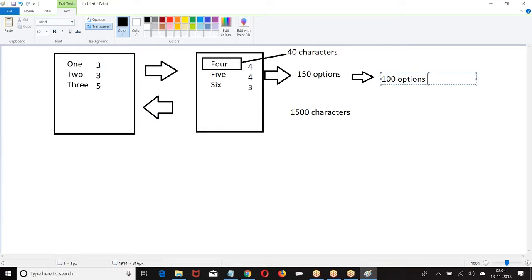What is the length of each option? 40. All the options together 1500. Right, boss? This is the multi-select pick list field. Let me create this.